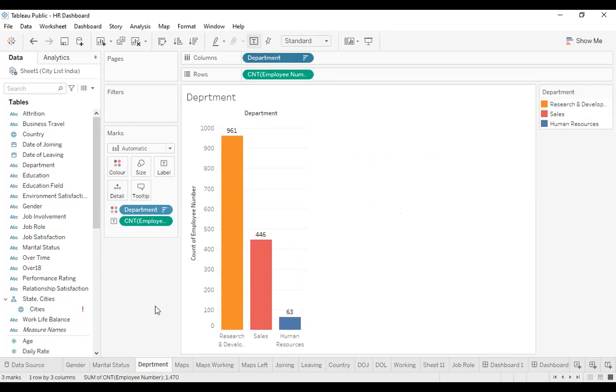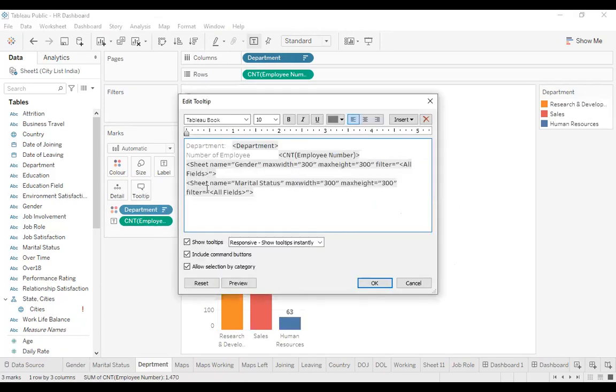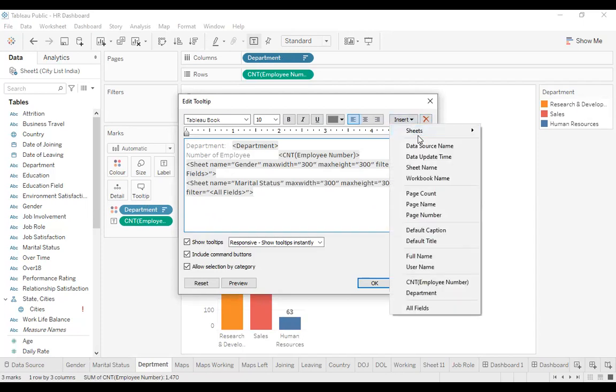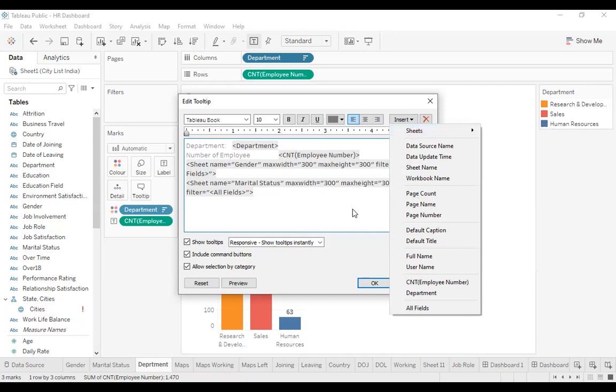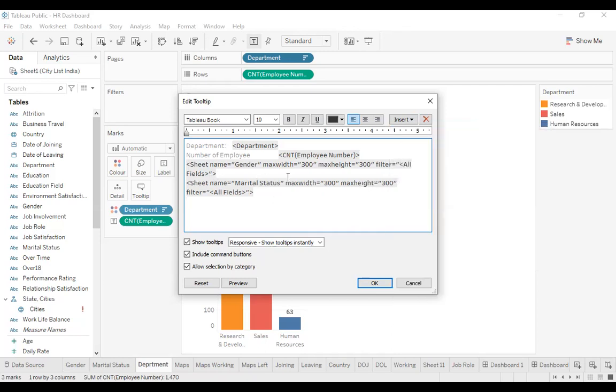In the case of the tooltip, what I have done is added the sheet name here. We can go to Insert and select the sheet that we want to display. We have entered two sheets here.